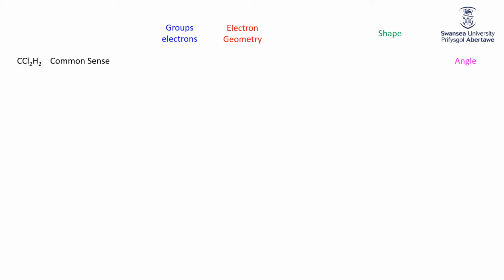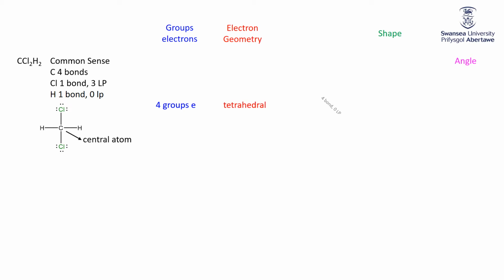CCl2H2. Common sense: carbon wants 4 bonds, each of the others 1 bond, carbon in the middle. 4 groups of electrons around it, thus the carbon thinks it's tetrahedral. All 4 groups are bonding groups, so the shape is tetrahedral. So the angles,